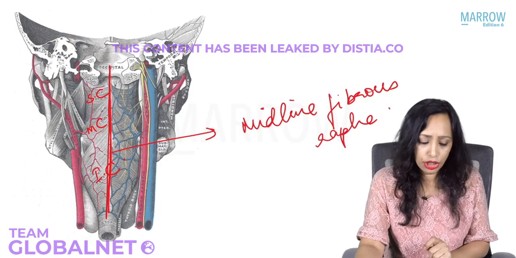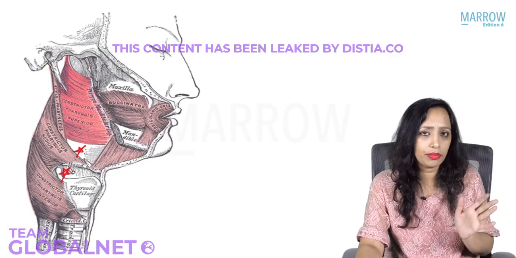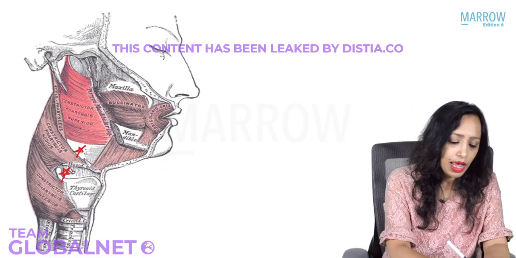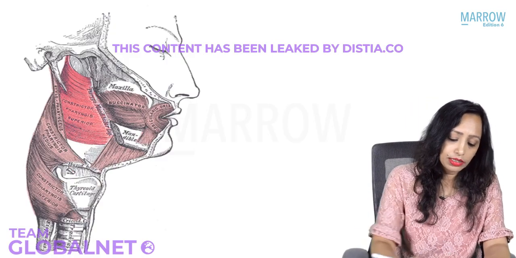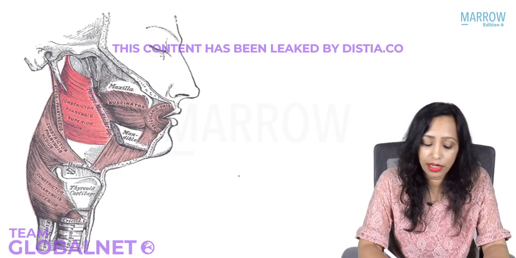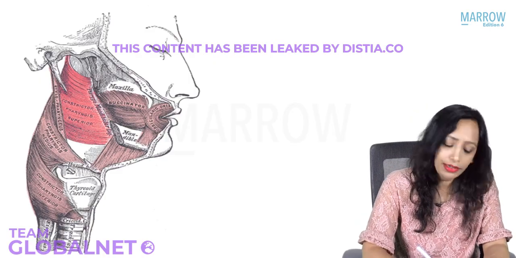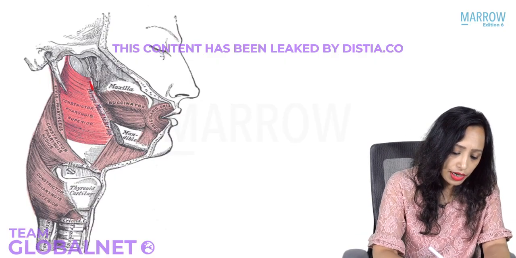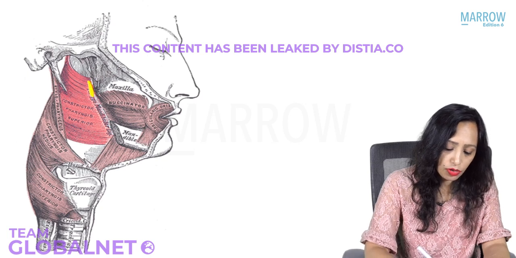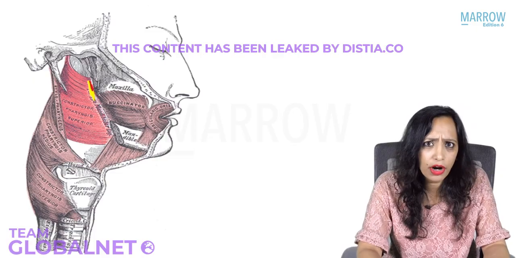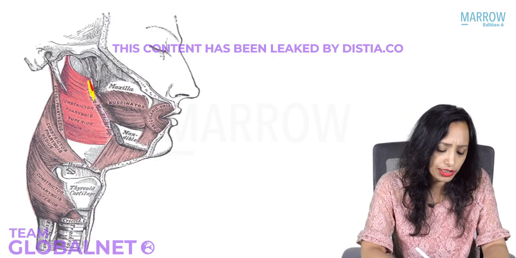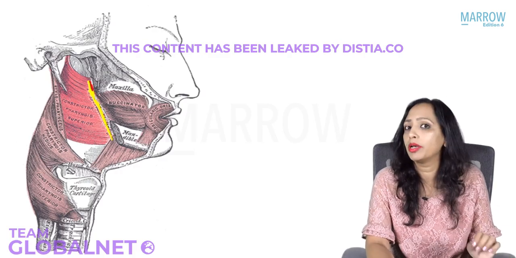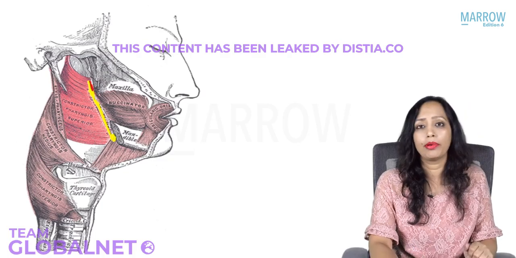Yes, the sites of origin of these muscles, you must have read in anatomy. Definitely we are not going to do each and every thing, but I will give you a glimpse of it. The site of origin of the superior constrictor is from where? Yes, superior constrictor arises from the pterygoid. That is just for you to remember this, right? Pterygoid we have heard, no? Pterygoid plates behind the maxilla. So it arises from the pterygoid, and from the pterygoid till the mandible is a raphe known as the pterygomandibular raphe, and so it has some attachment to the mandible also.